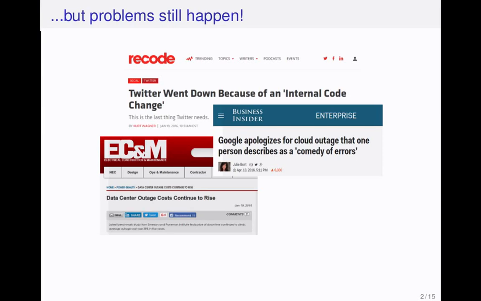At the bottom here is a report from 2016 that found that the average cost per minute of unplanned outage was almost $9,000 US, and the average cost per entire outage was almost $750,000. Worse yet, human error accounts for about 22% of all outages in this report, at least.